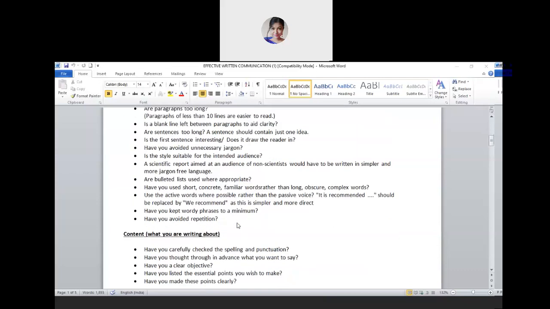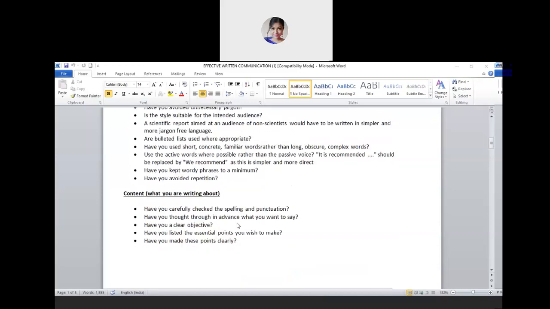And the last element is the content. So you have to check all the spellings. You have to write it properly. You have to use proper punctuation. You cannot be grammatically incorrect. And